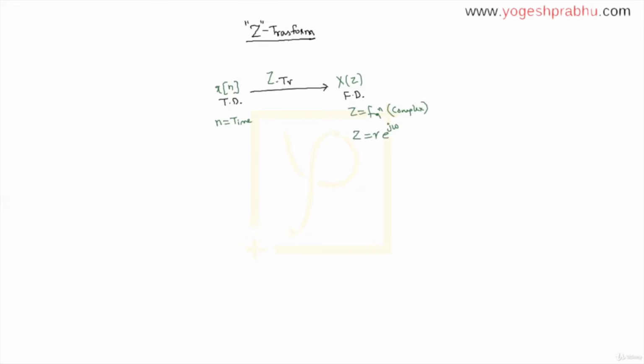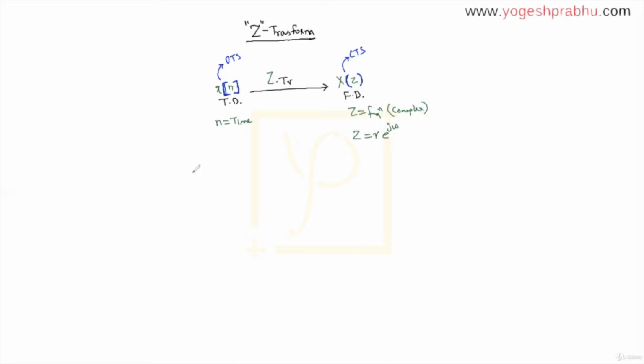Now there is one very important point that I want you to understand before I give you the formula. If you see x of n, do you observe I have drawn a square bracket here? What that means is this is a discrete time signal. That's what the square bracket denotes, and this is standard notation. But if you see this x of z, it's a round bracket, and this round bracket signifies that it is a continuous time signal. Keep that point in mind. Also remember the formula of z. The z is r e raised to j omega.